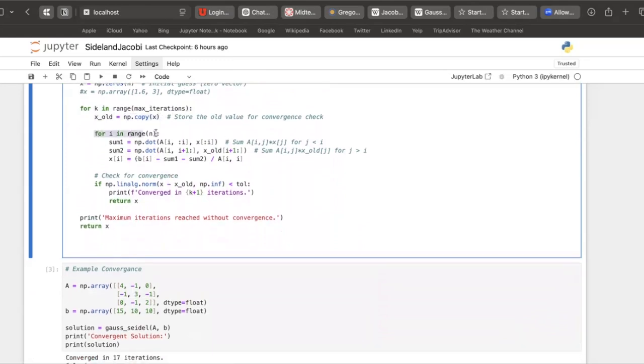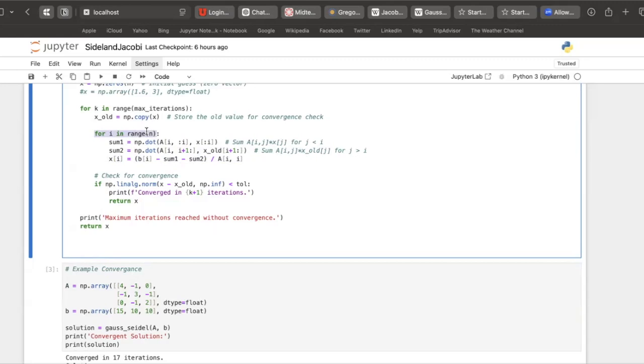And then for i in range n, so this is the actual equation we had. We get the first summation, which is the sum of aij times x to the j for j less than i. And then we get the second summation using the old value, as you can see right here. It's the sum of aij times the old j for j greater than i. And then we do the calculation right here. We have that division value that was on the front before. We just moved it to the back. And then we have b minus the first summation and then minus the next summation. And that's equal to xi for length of n. So we do this for every x in